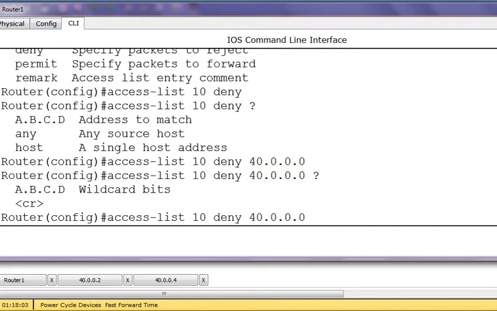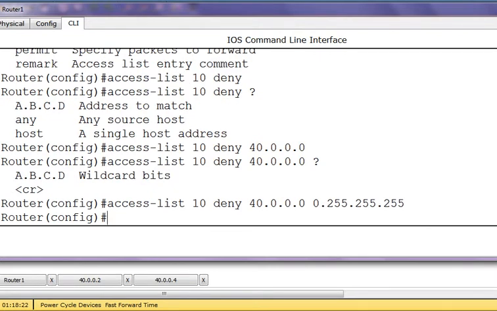I just wanted to say don't allow the entire 40 network to get into my internet or my server. So I type 0.255.255.255. Finish.